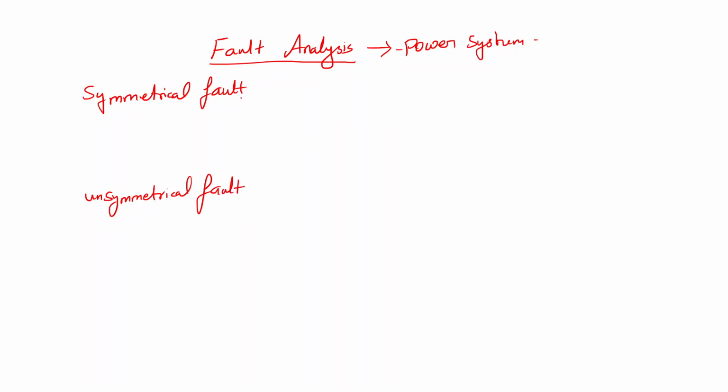So what is meant by symmetrical fault? Any idea? Usually symmetrical means it will occur on the power system for all three phases. For example, line to line. If a fault occurs on all three phases of these lines, then we call it a symmetrical fault. How can it occur? Say, for example, if a tree is falling on the transmission line, there is a chance that all three lines are shorted. That time we will get a symmetrical fault.